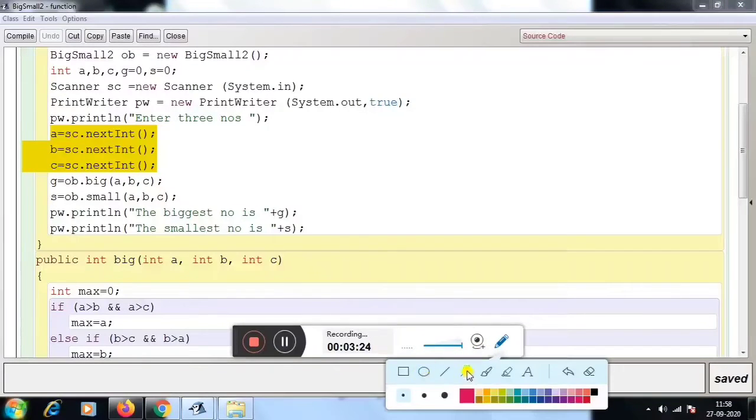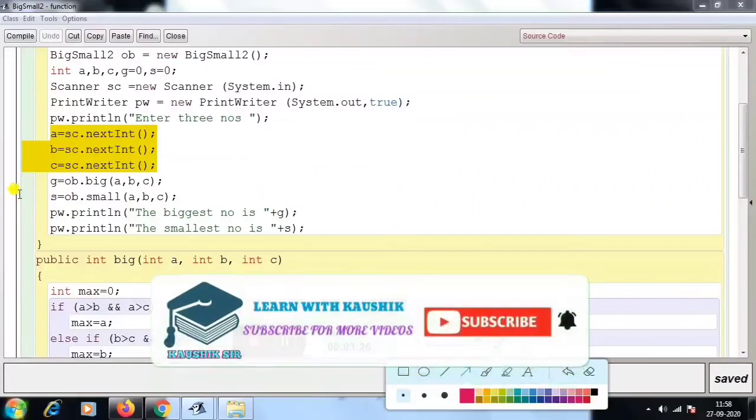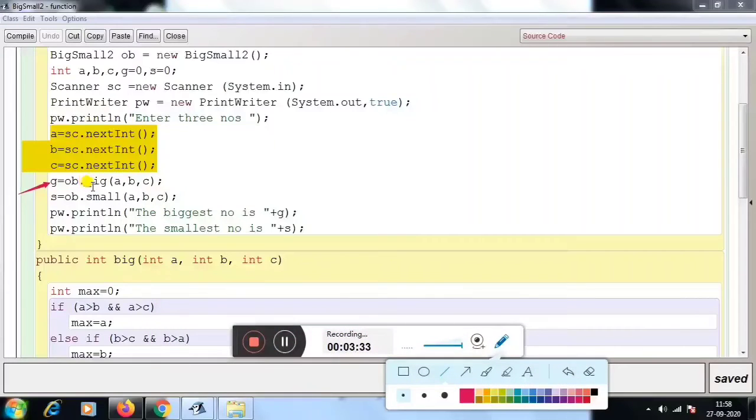Here g is the output variable, which means whatever output is returned from the function big will be stored under g.